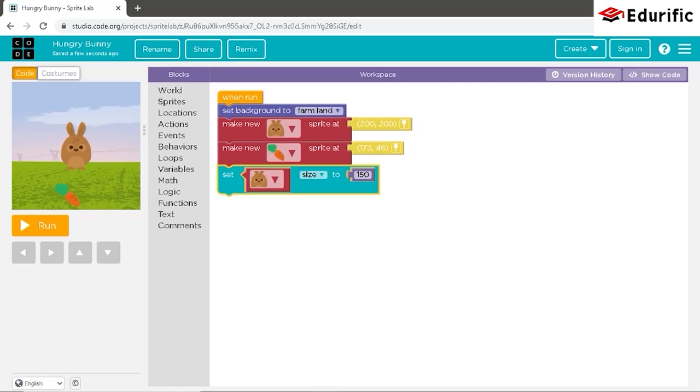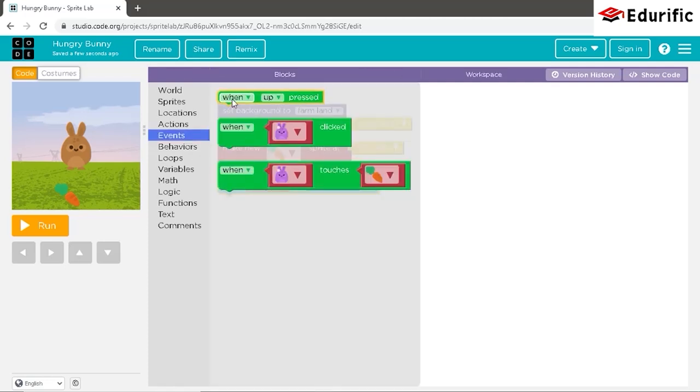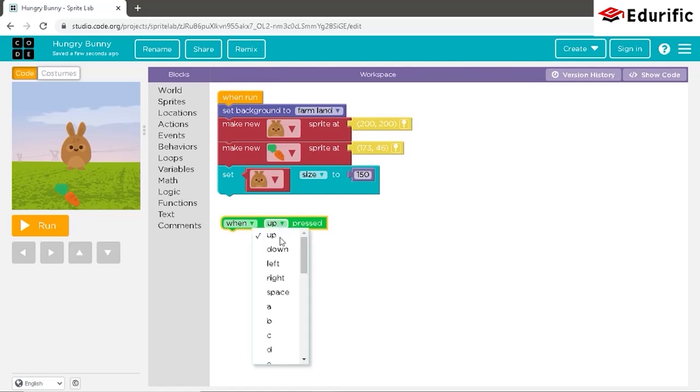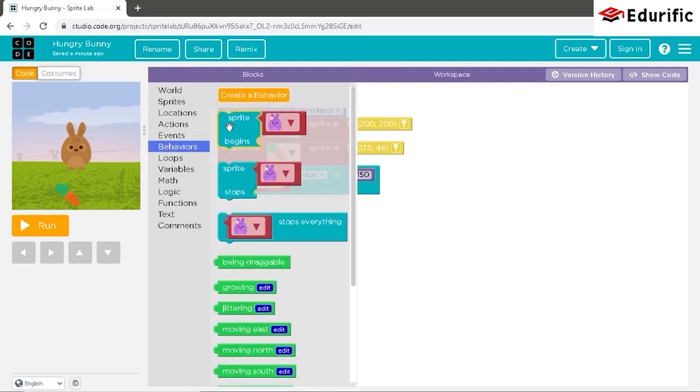We have to now initiate the bunny to go towards the carrot and eat it. So, for this, what do we do? We will go to the event section, drag the when command, change up to down. This means when the down key is pressed on the keyboard. And now go to the behavior section, drag the command sprite begins.